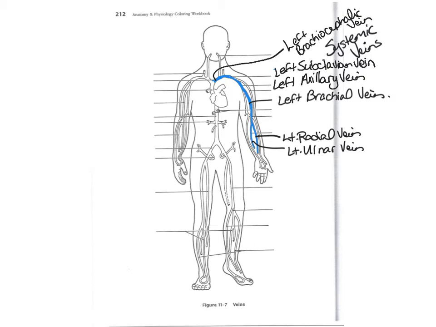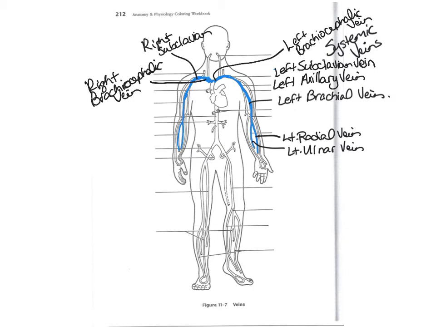So now we're going to see on the right side, it's identical to the left side. We have the radial and the ulnar veins draining into the brachial vein draining into the axillary vein, the axillary vein draining into the subclavian vein, and the subclavian vein draining into the brachiocephalic vein. So you can go ahead and label all of those. Now, I am going to label the right brachiocephalic vein, which is right there. And you know what, let's just go ahead and label everything else. So that's the brachiocephalic right there. That's the right subclavian vein